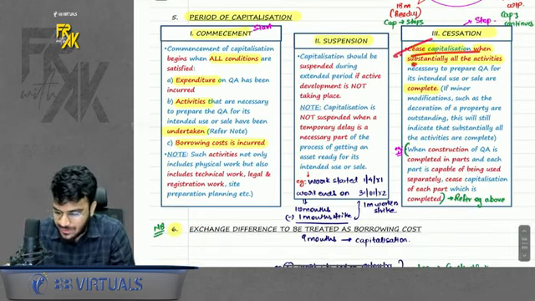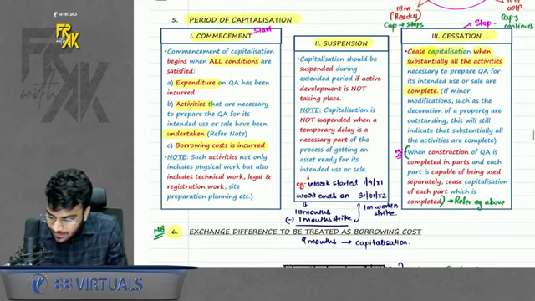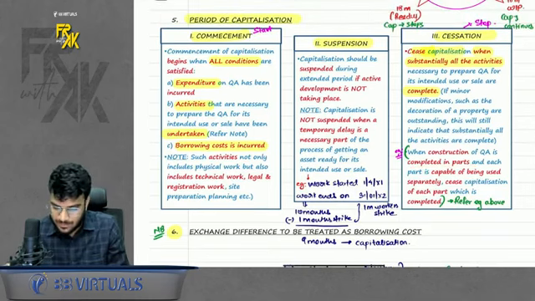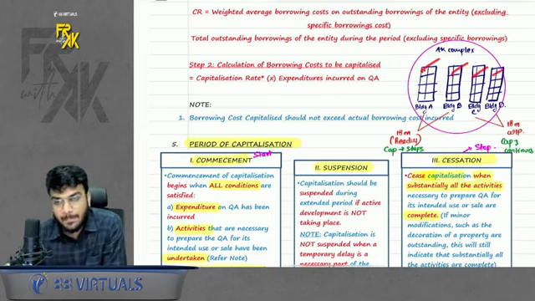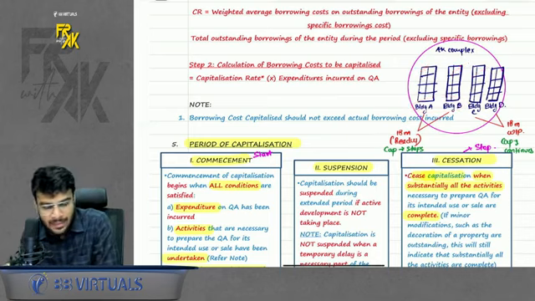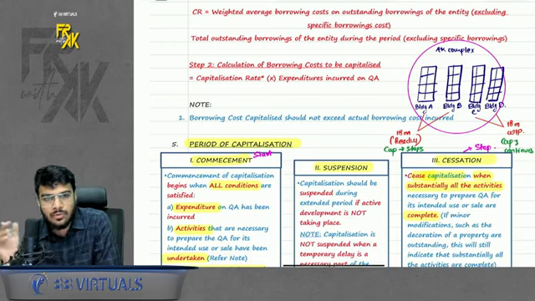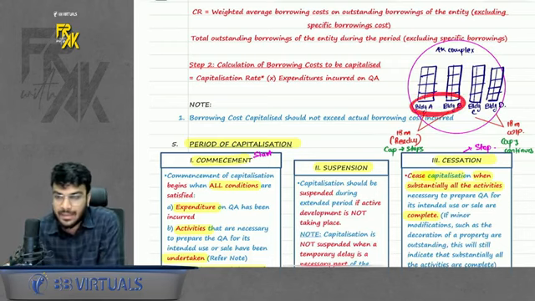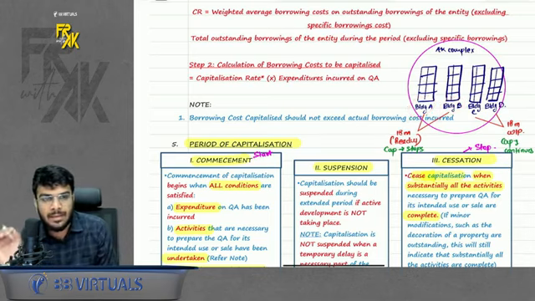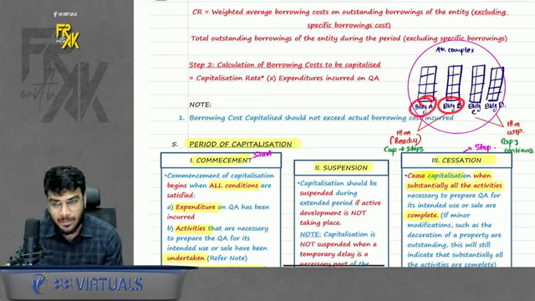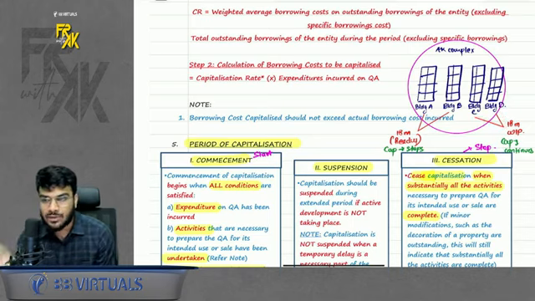First point, cease capitalization when substantially all the activities are complete. Next point talks about what if the asset is getting completed in parts. That means, let's say for example, I was constructing a full complex where there were 4 buildings. Okay, now let's say these 2 buildings get ready in 18 months only, and the remaining 2 buildings are not yet ready. Now, should I stop the capitalization of interest on these 2 buildings? The answer depends on whether these 2 buildings are capable of being used separately. If they can be used separately, you will stop the capitalization on these 2 buildings and you will continue the capitalization on the remaining 2 buildings.